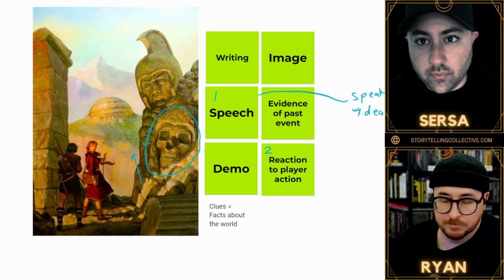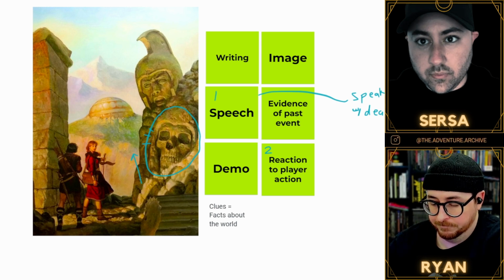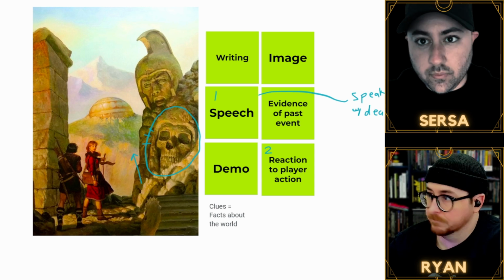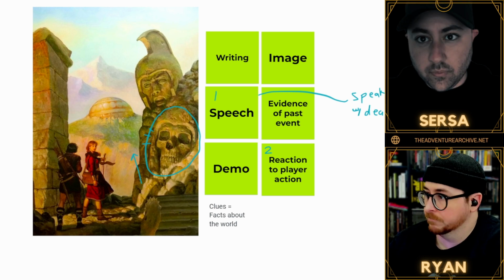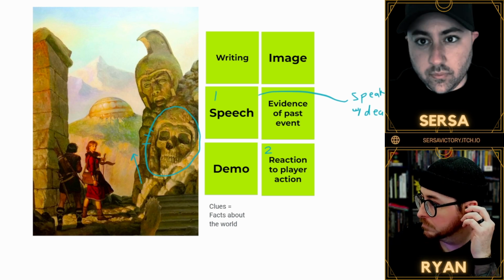That includes writing, image, speech from an NPC or monster, evidence of past effect, demonstration of an effect, and reaction to player action. So what we're going to do is grab a d6 if you could for me,